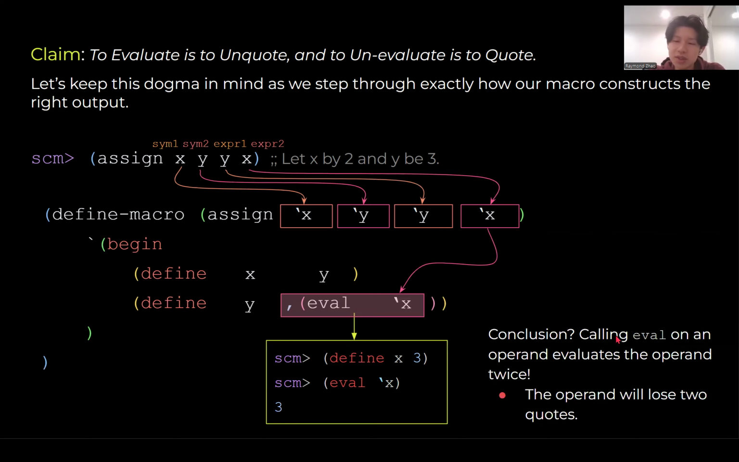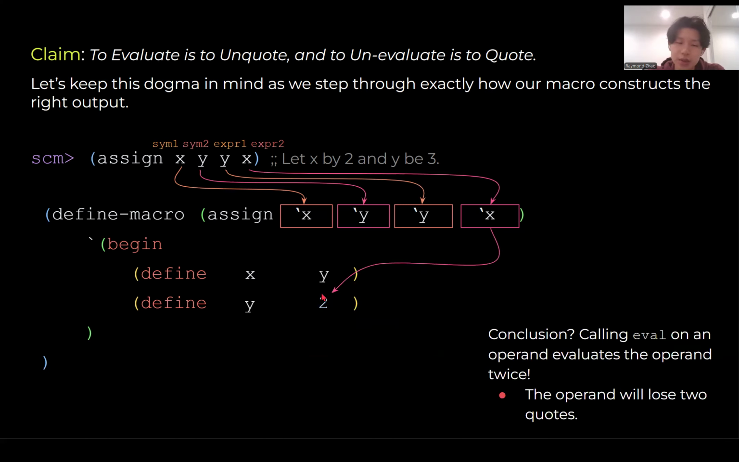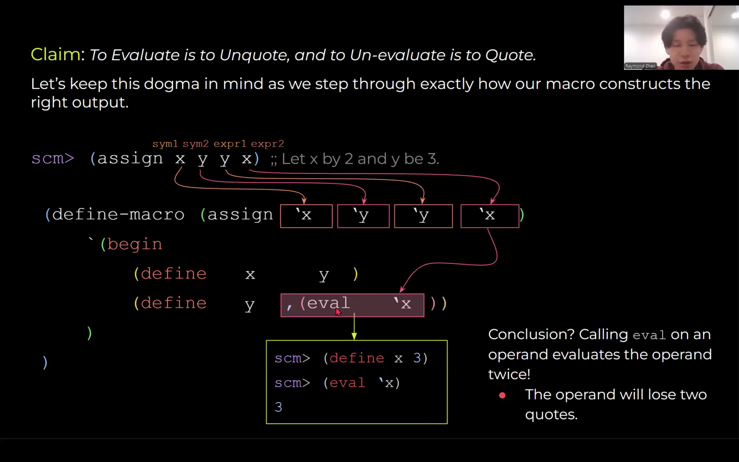Okay, so the conclusion is that eval on an operand evaluates the operand twice. And that is what gets us the number embedded in my expression. Okay, and why did it evaluate twice? Was it because I call eval once and I call comma twice? Well, no, comma also evaluates, right? So it's not the